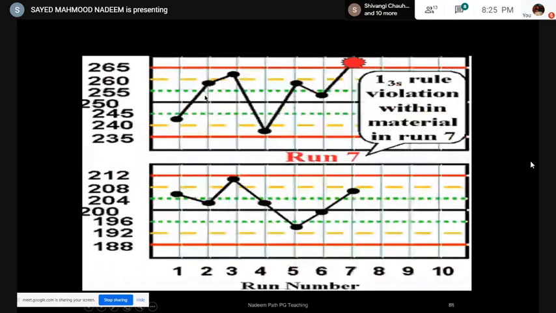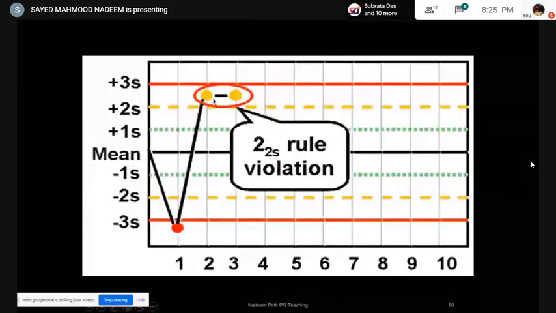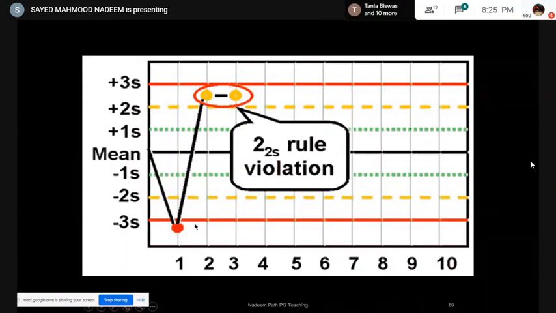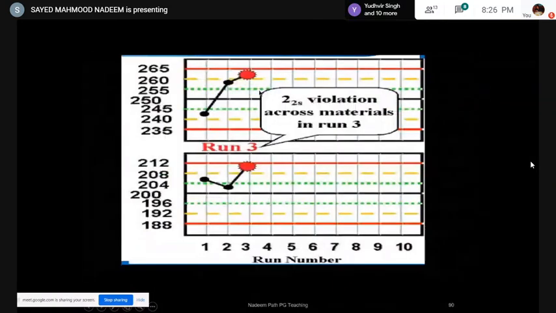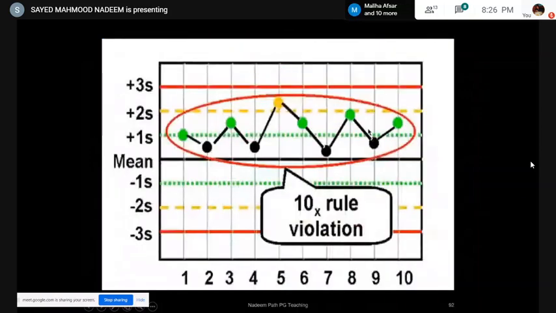This is 1-3S here. Here you can see 2-2S across run, and 1-3S here. Here you can see 2-2S across material. This is R4S across material. This you can see a bias on one side. This is the 10x rule